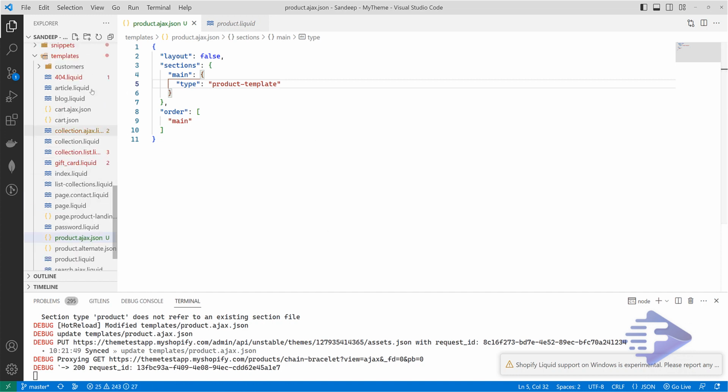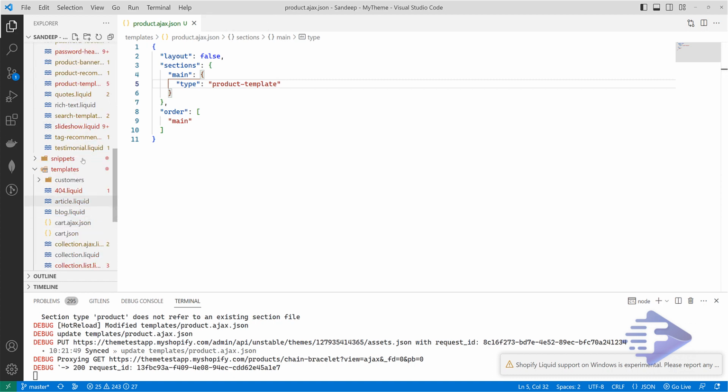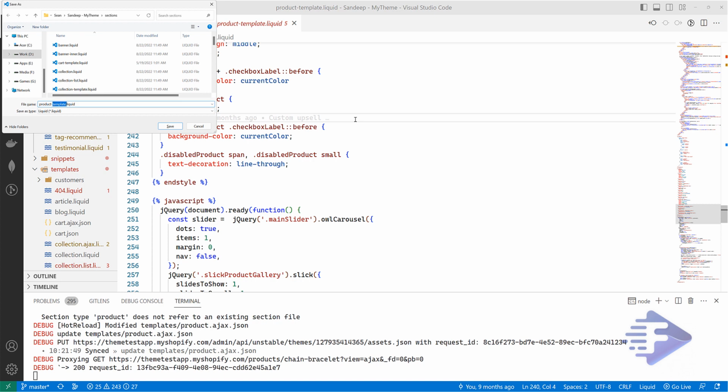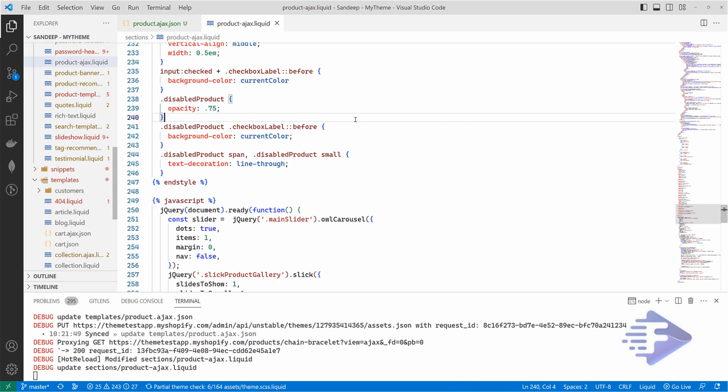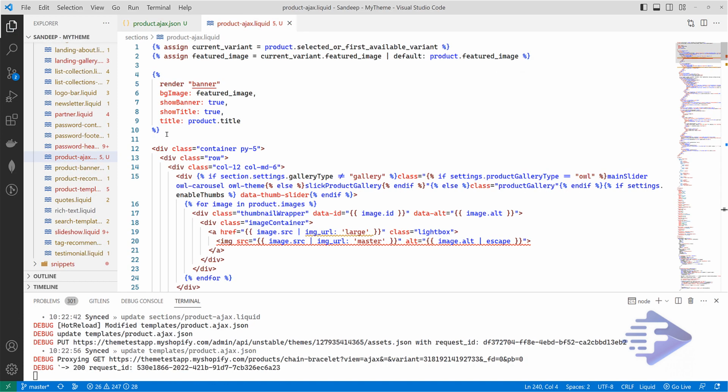Where is it? Product template, and let's save this one. As ajax, and here I'm also going to change to ajax. We don't need a banner.